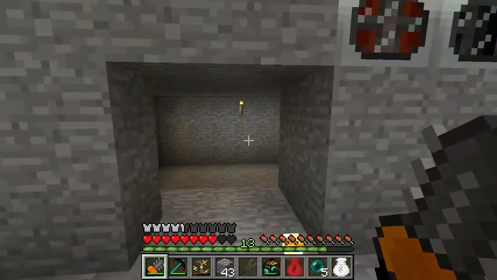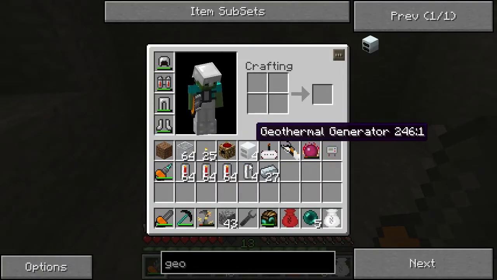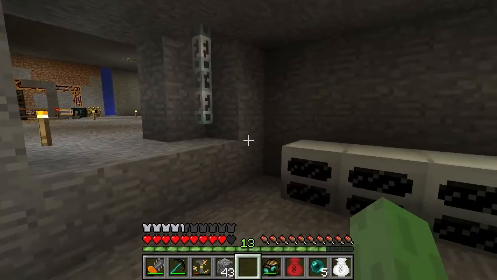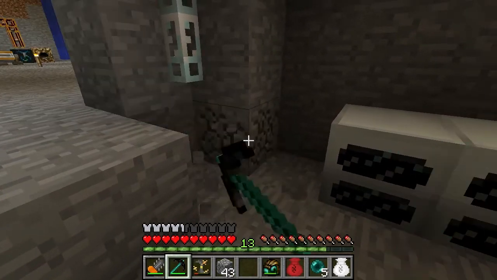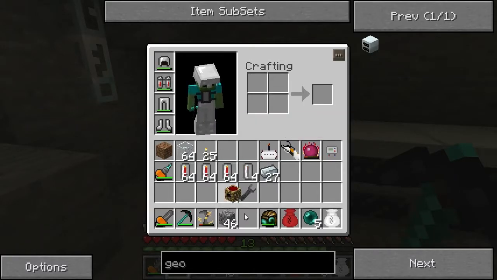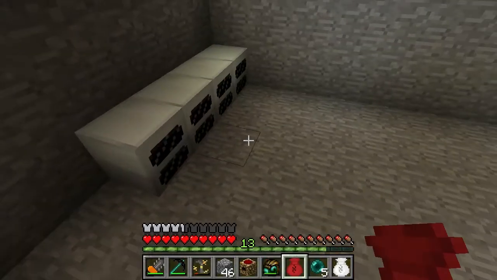And let's go over to here. Here we go. Geothermal generators. Let's put them like so. Should be good with a little bit of room here, a little bit of wiggle room, which we're going to definitely need. As you can see, we're having a little bit of block lag today, but that's totally fine as well. Gonna get our Mark III collector out, and I believe I do have an extra...